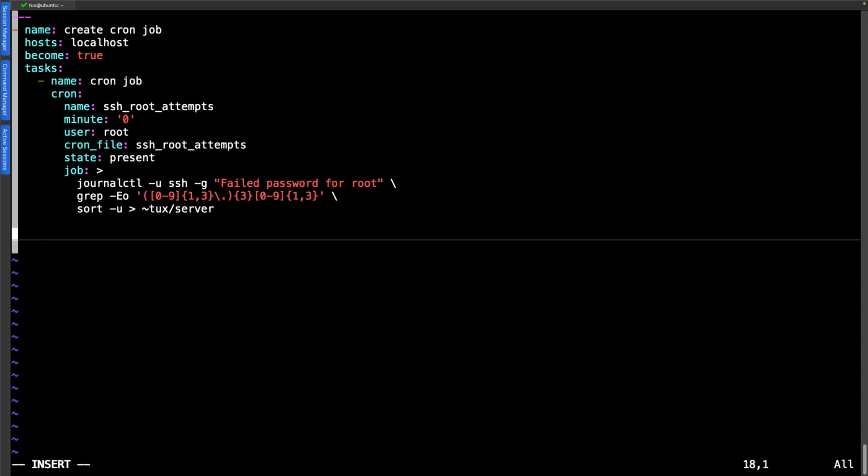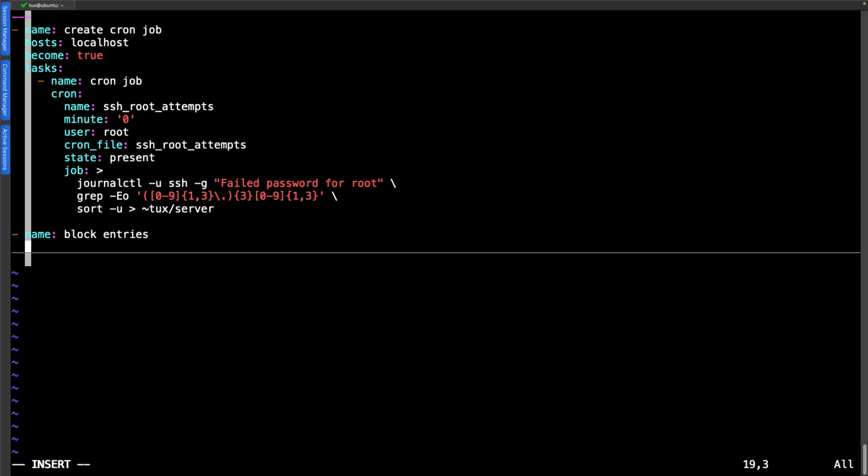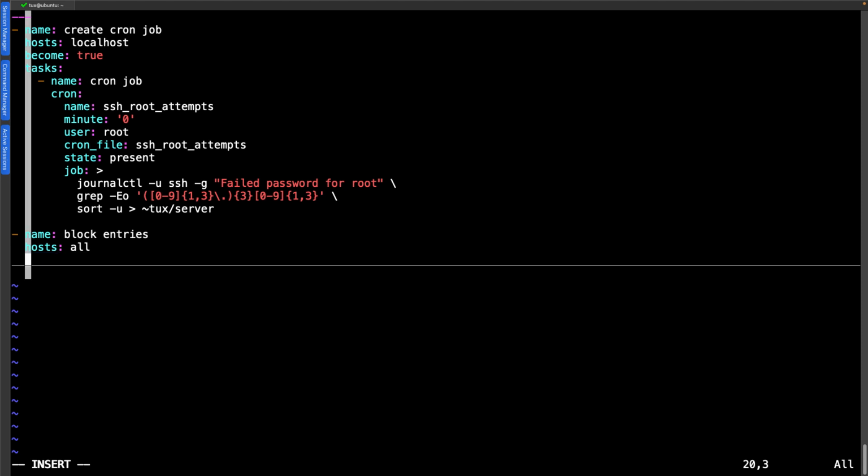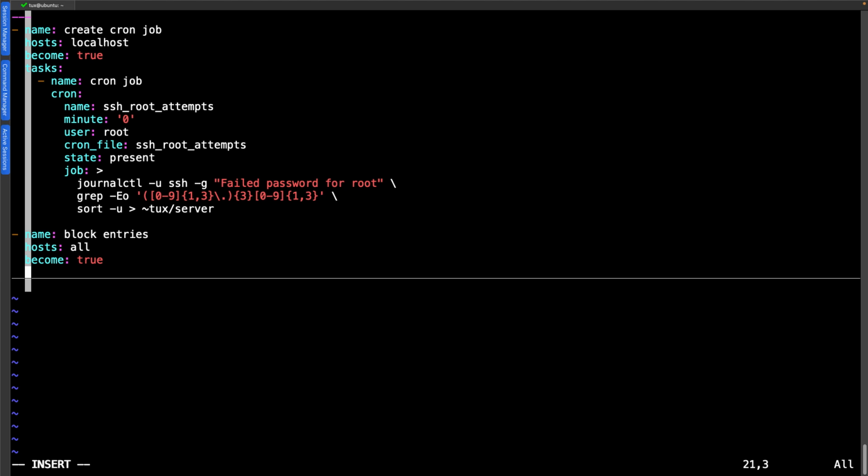So I can just go through now and create a new play in the playbook. So I can set the name of the play. And again, normally we want this to be quite descriptive. Setting up multiple plays allows me to target different hosts. And now we can go through and target all of our hosts. So that's going to be the 4 systems that I'm managing. We can elevate our privileges, so become and true. I'm happy to elevate at the play level because we need elevation for all of my tasks.